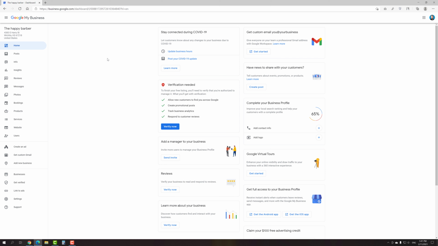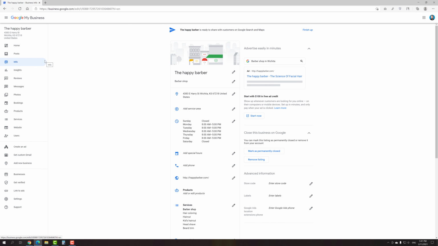First of all, I would like to point out that Google's algorithm for ranking business profiles doesn't just consider proximity and relevance, but also activity and quality of the information. It means that you have to fill your profile as completely as possible and use all the additional features like reviews and messaging if you want to make your business more visible and get a higher engagement rate. Let's start from the Info tab, where we can edit all the information that we've already added during the sign-up process, as well as supplement it with some useful details.